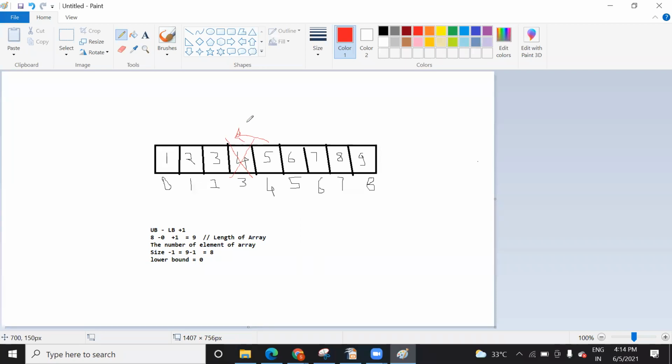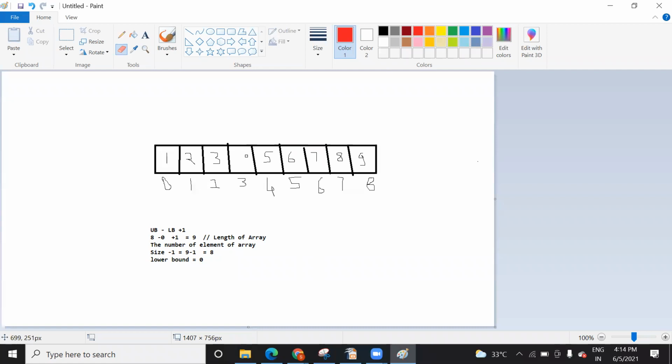We deleted cell number 3, or the value at cell number 3. We have deleted the cell 3, meaning you can delete the value, or you remove the cell itself. Okay, let's take another approach. I say you remove the element from the cell number 3. Now I say you again sort it.